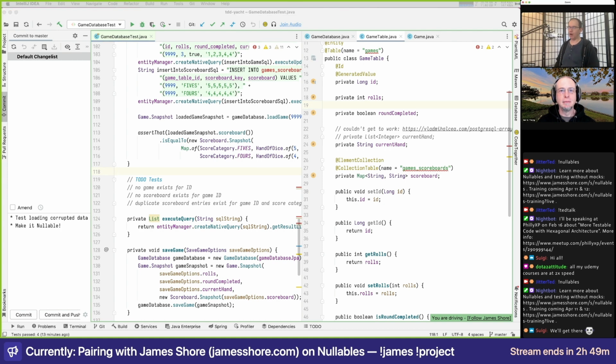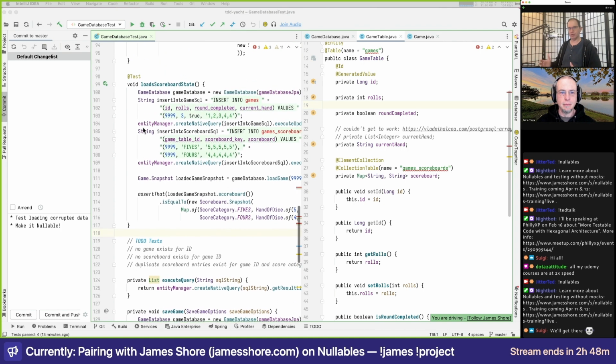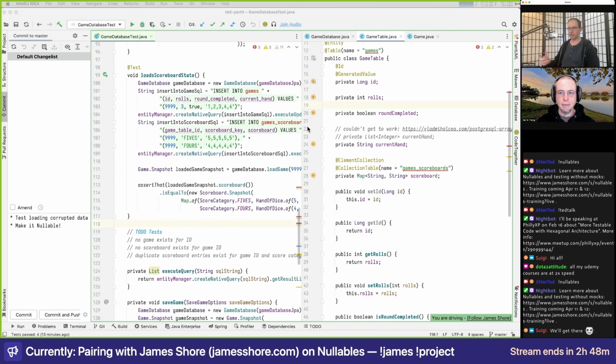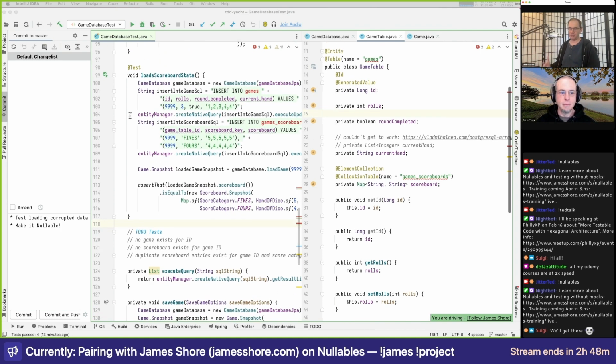And one of those ideas is the idea of narrow integration tests, which is that we are writing tests of how the infrastructure wrapper, the adapter for the database, actually talks to the underlying database. So one way to do this would be to just use Hibernate, which is what we're using here, to store stuff in the database, and then in the test, retrieve it back out and see if that worked.